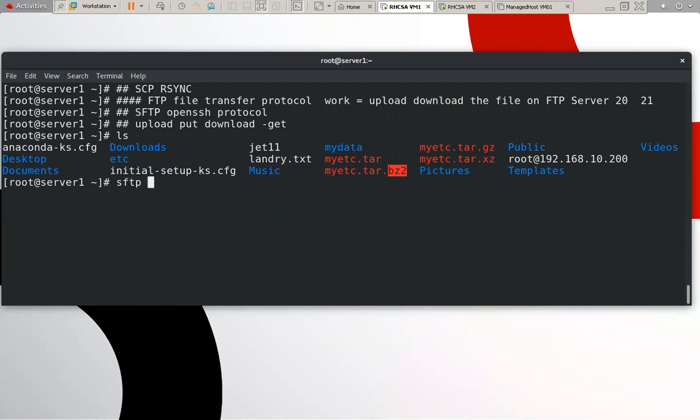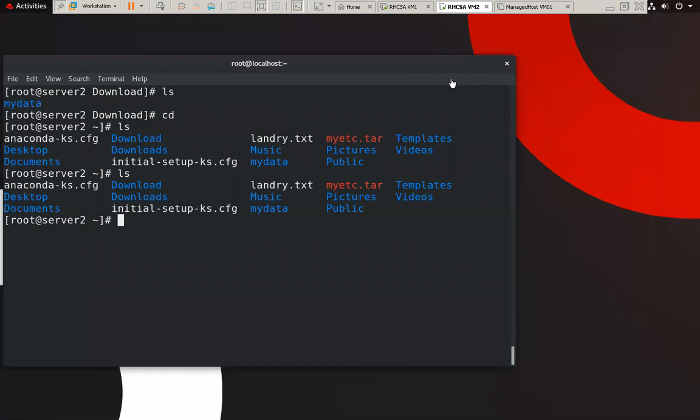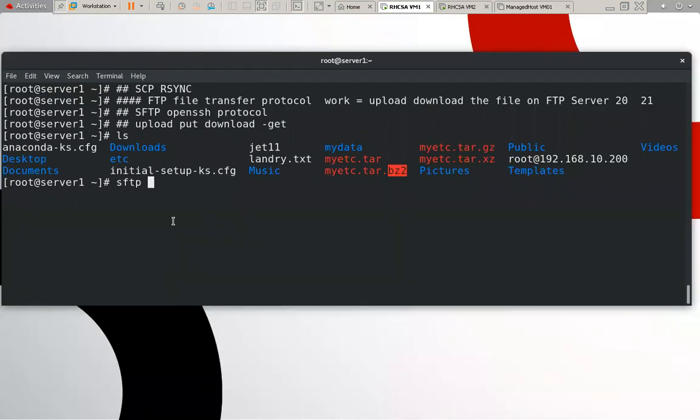Use sftp and connect to this machine. This is my server machine, so this works as a client machine and that machine works as a server machine. Give the name of the user by which you want to connect, root, and the IP of the other machine, 10.200. We want to connect to this machine. Now type the password of this machine, and it will be connected.